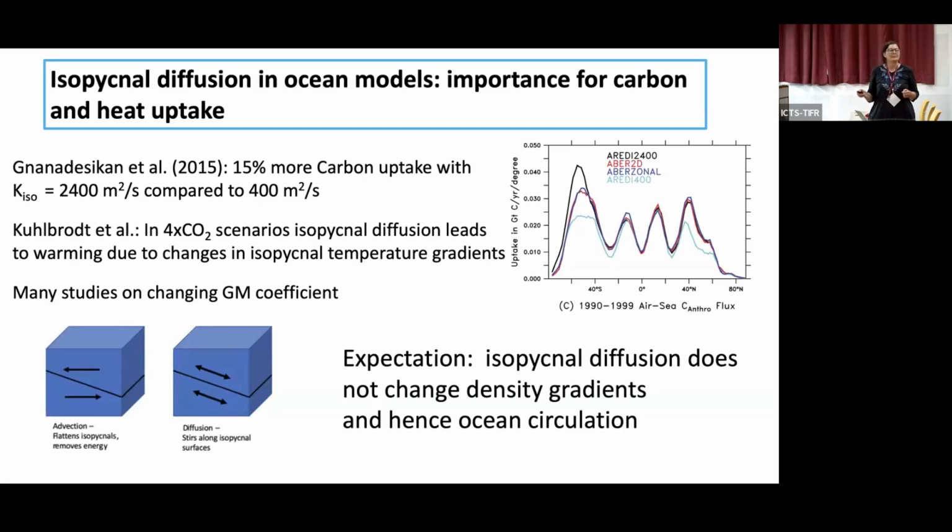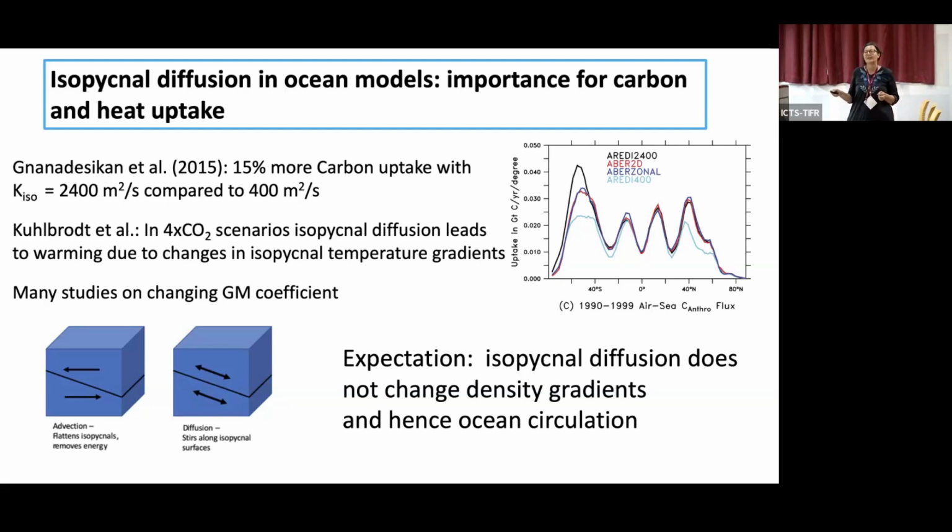Okay, so there have been many studies about the GM coefficient, and it's pretty obvious to see that the GM coefficient leads to a flattening of the isopycnals, so it leads to a decrease in the density gradients. Many studies have shown if you increase your GM coefficient, you decrease the overturning circulation, you decrease the Antarctic circumpolar current. And with the isopycnal diffusion, on the other hand, there have been many studies focusing on